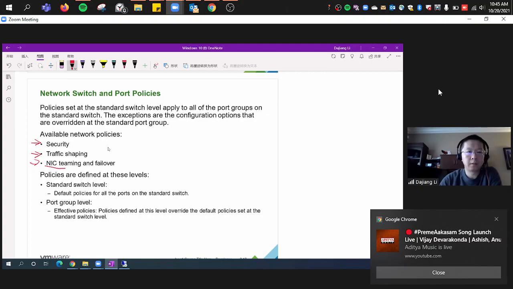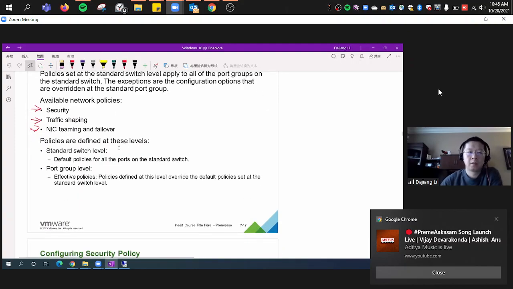That's one of the things a student asked before. So now we can find the answer. Policies are defined at this level. So for the standard switch level, you can say default policies are for all ports on the standard